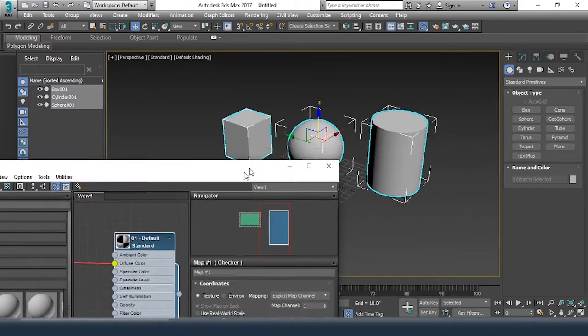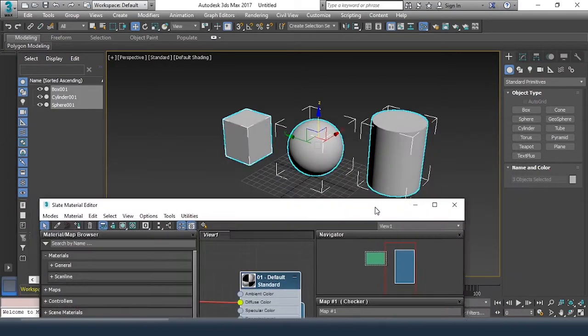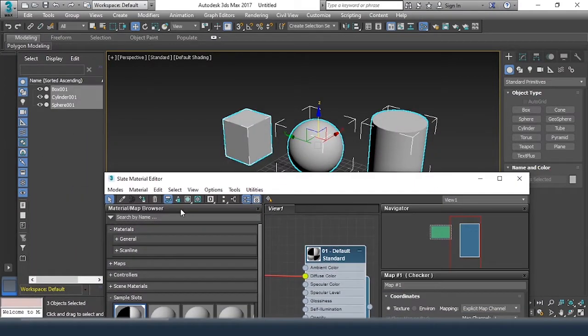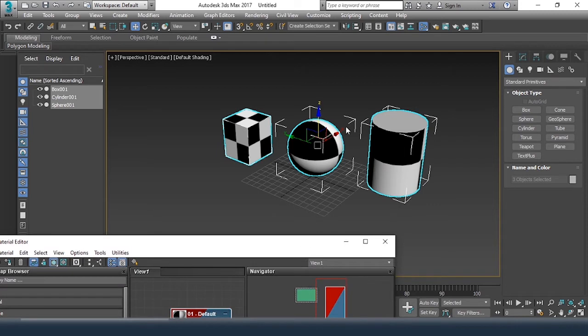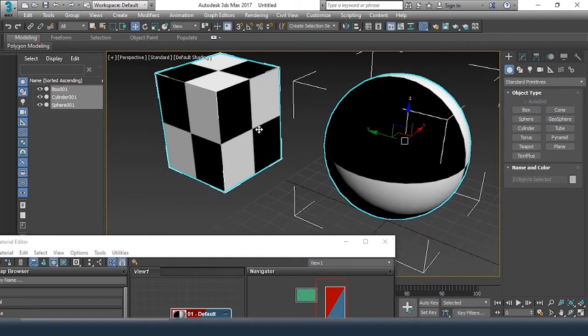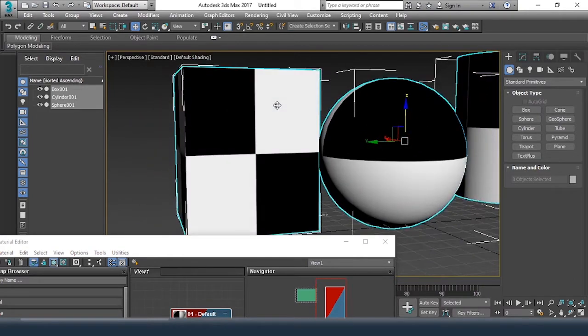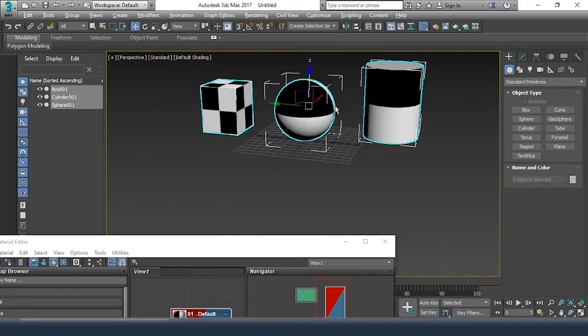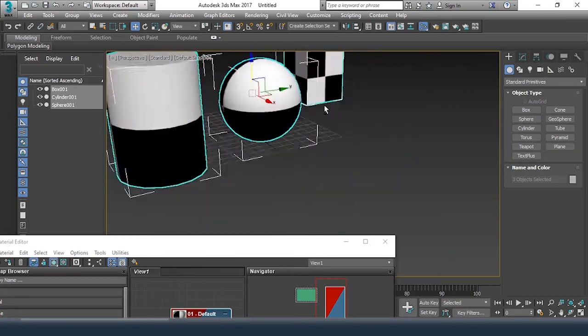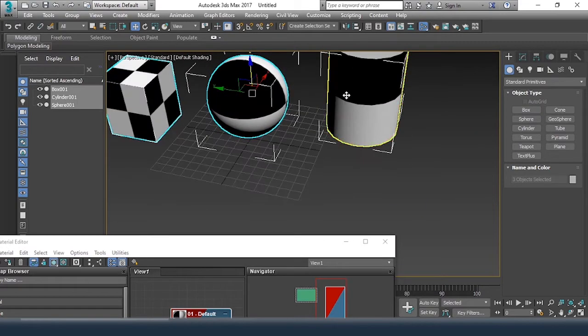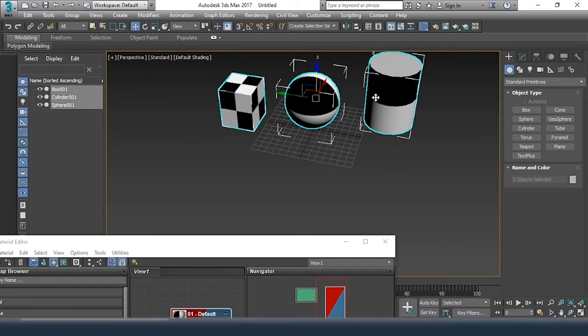This is what I have done, and I can't see textures in the viewport, so I just click on this small icon, show shaded material in viewport, so I can see the texture. So from this I can show you how the texture looks. Okay, how does the UVW map work actually? In the case of a box, see how it is showing me all the sides. And in the case of a sphere, it is in a spherical shape, and in the case of a cylinder, it is a cylindrical shape. So what do we have in UVW map?